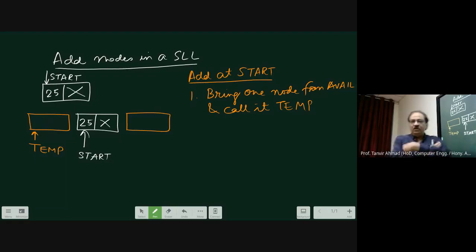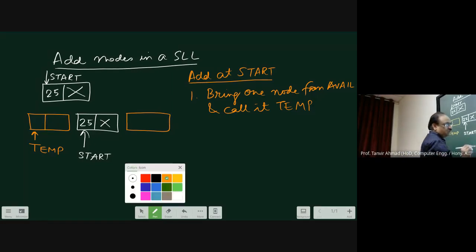Now, once I have this node, if you are going to write a program, the C statement you write is temp = (struct SLL *) malloc(sizeof(struct SLL)). That is the standard syntax which I use every time. Now, what are the things you require to do over here? You will be putting some data over here. Just try to see what I am writing. I have to put some data over here.